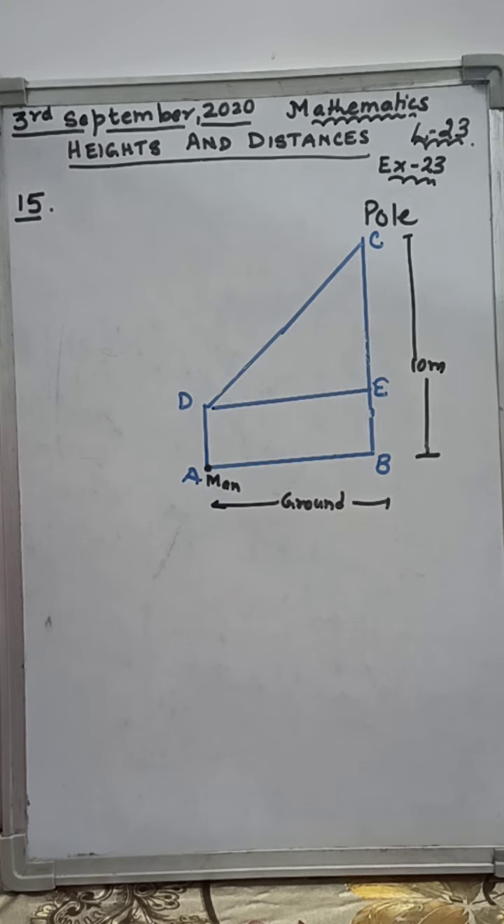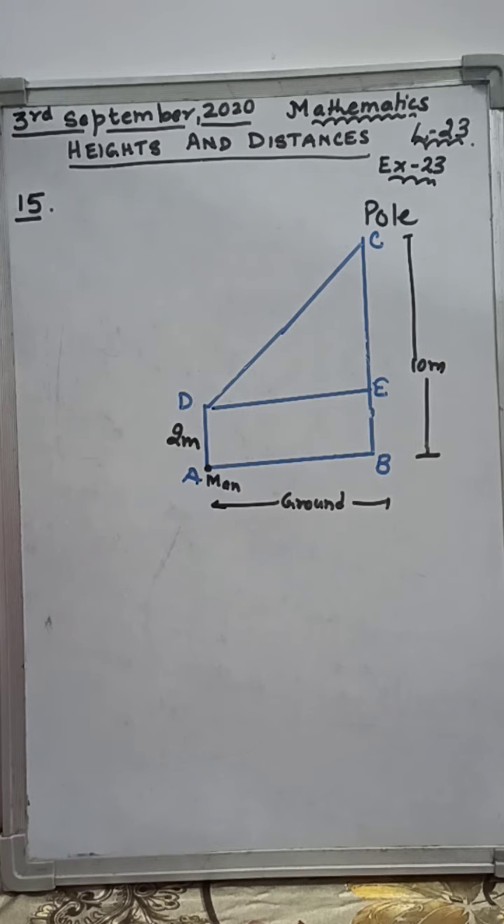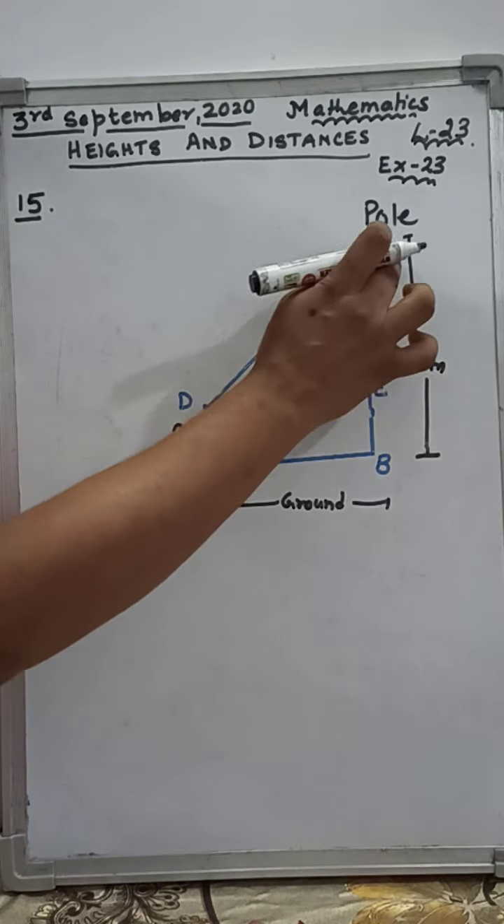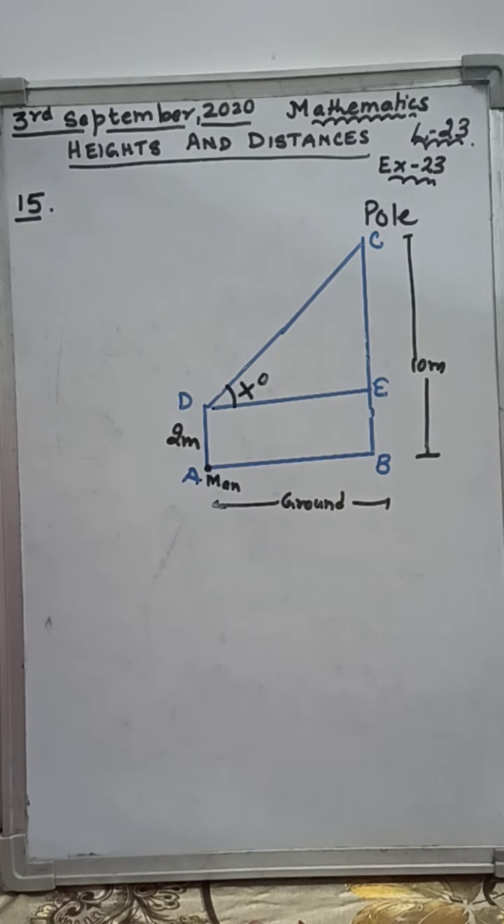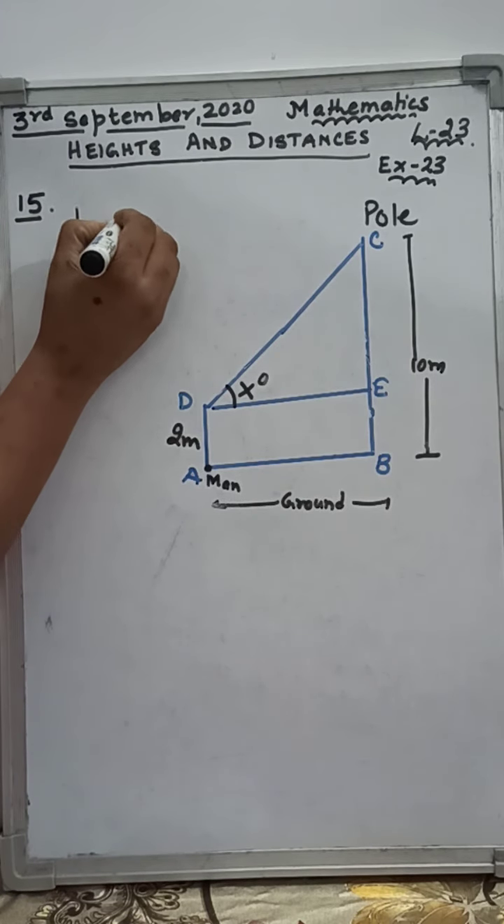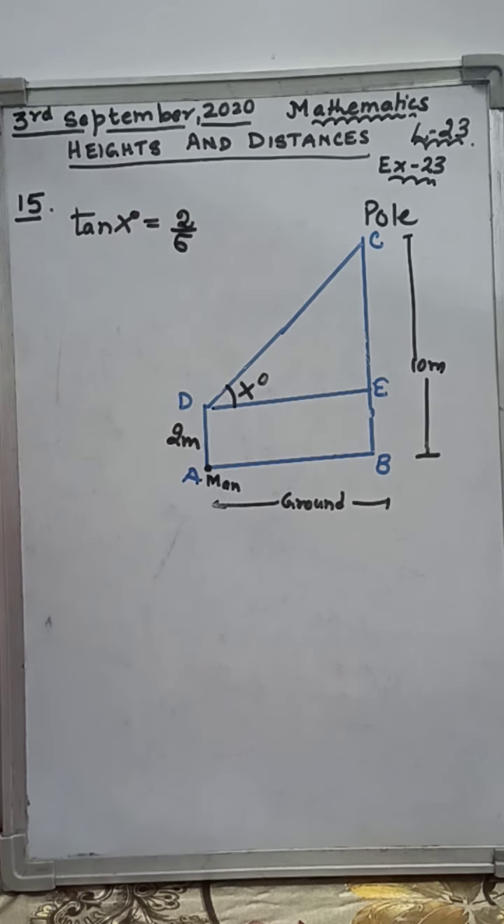The man's eye is 2 meter above the ground. So this is 2 meter. Got it? This is a man's eye, 2 meter from the ground. He observes the angle of elevation of C, that is the top of the pole, as x degree. Now, in the question tan x degree value is given to us, it is 2/5. And we have to find the distance AB